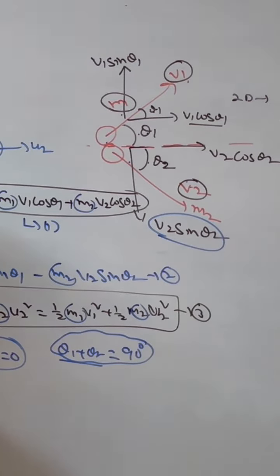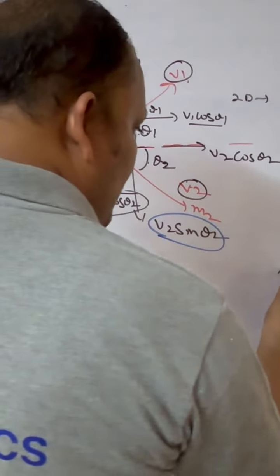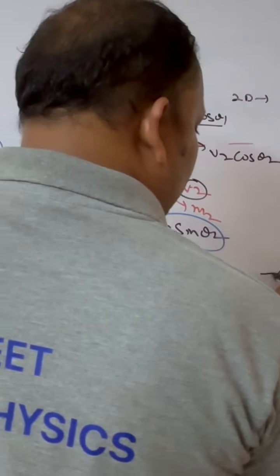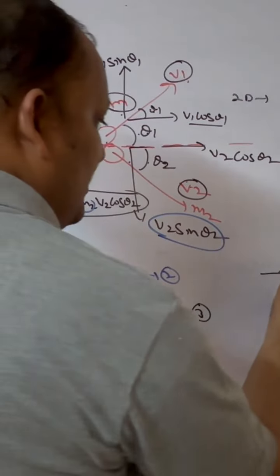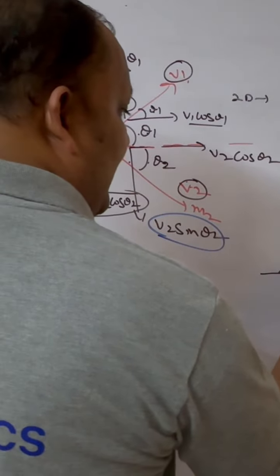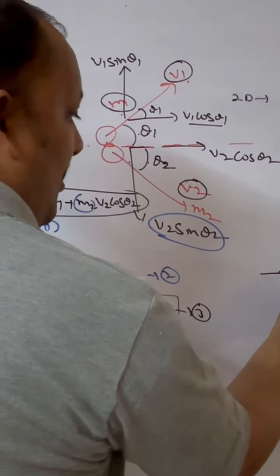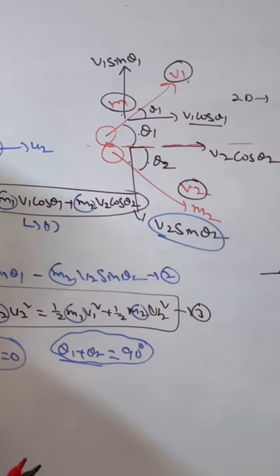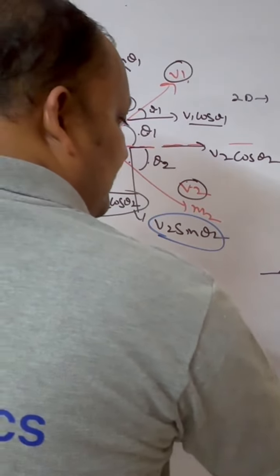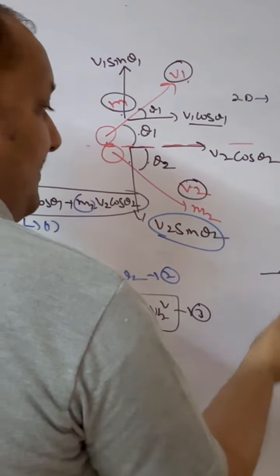So, how will they ask a question on this? One object is moving at 30 degrees after collision. If the same mass is moving, how much angle is it making with the horizontal, they will ask. If masses are equal, then if it is a two-dimensional collision,